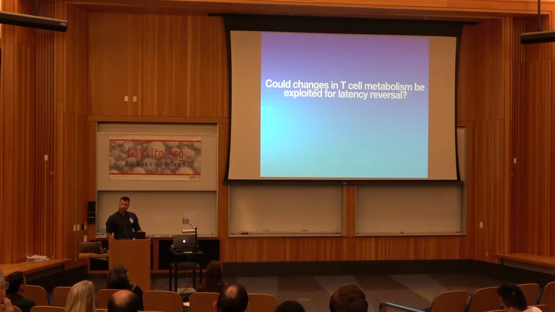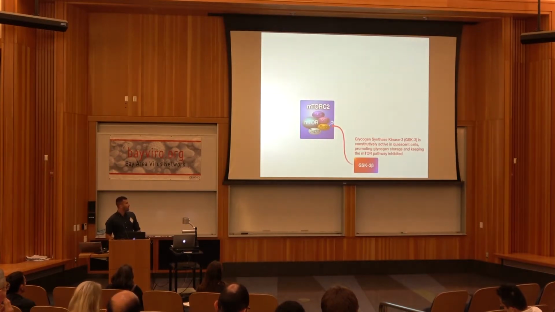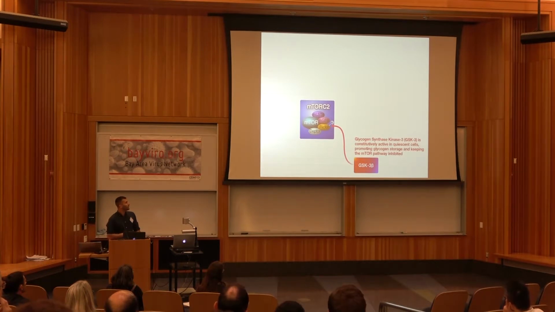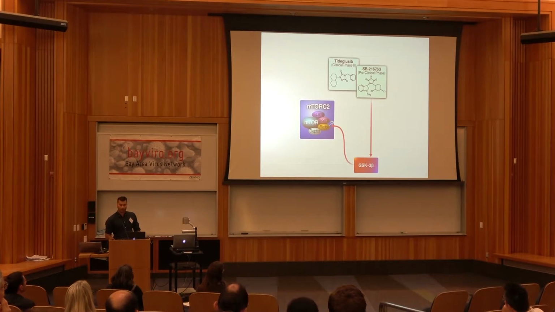So can we exploit this approach, these changes in T cell metabolism, to reverse latency ex vivo? We started looking at an enzyme called glycogen synthase kinase 3, GSK3. This enzyme is always active in quiescent T cells, and as long as it's active, it keeps a lot of proteins in the cells inhibited, but also mTOR complex 2. If we inhibit these enzymes with these two molecules,